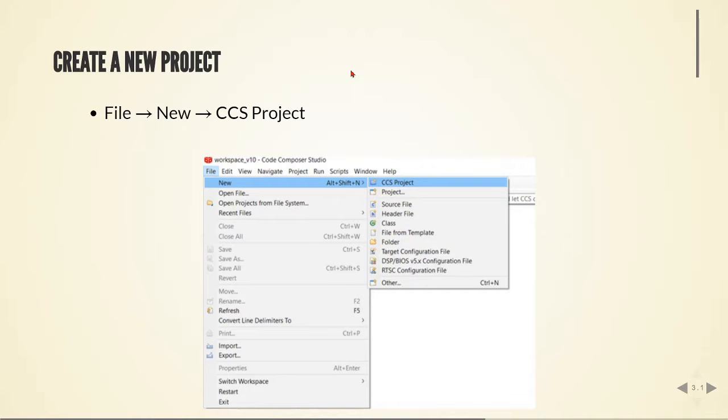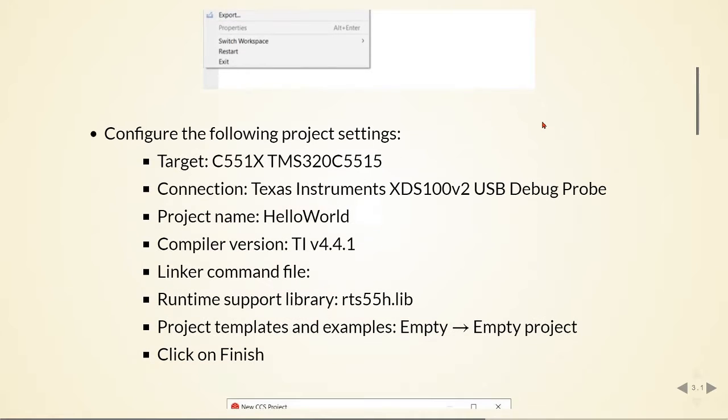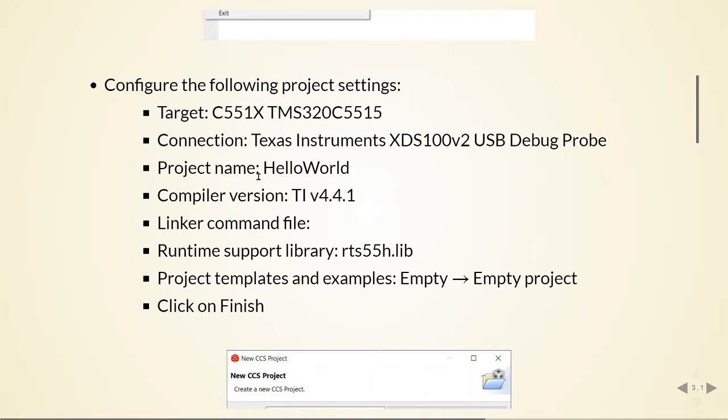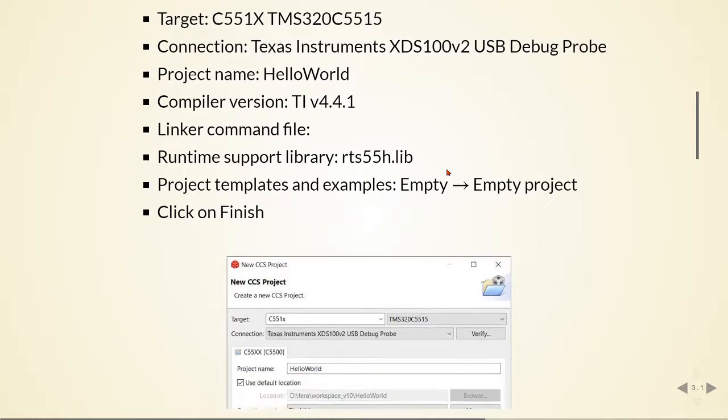Now we will create a new project. So you need to go to File, New, CCS Project, and then we need to configure the following project settings. We need to choose the target, the connection type, give it a project name, the compiler version. The linker command file we need to leave empty, the runtime support library we need to choose this file, and then we